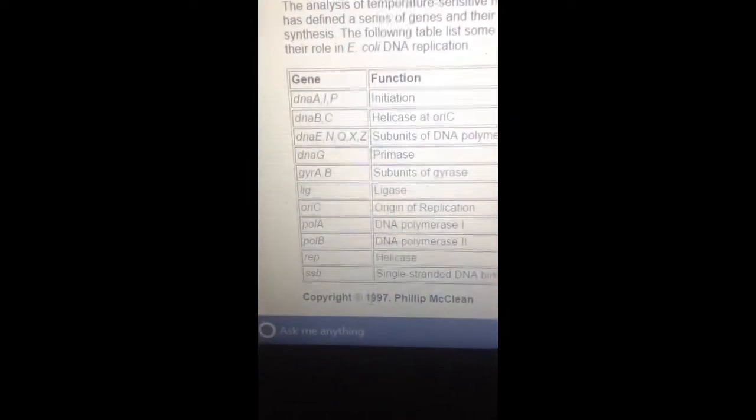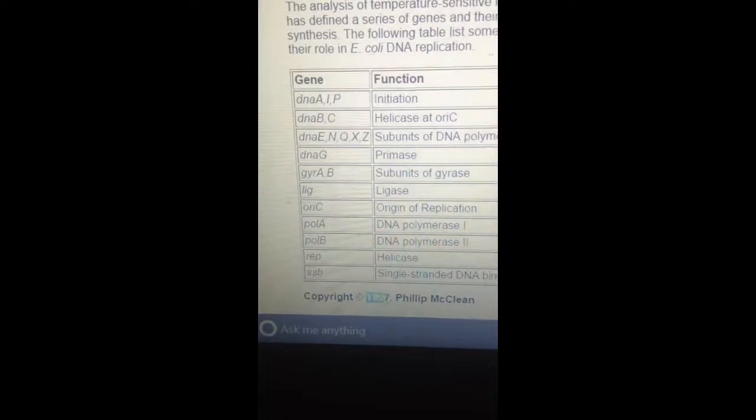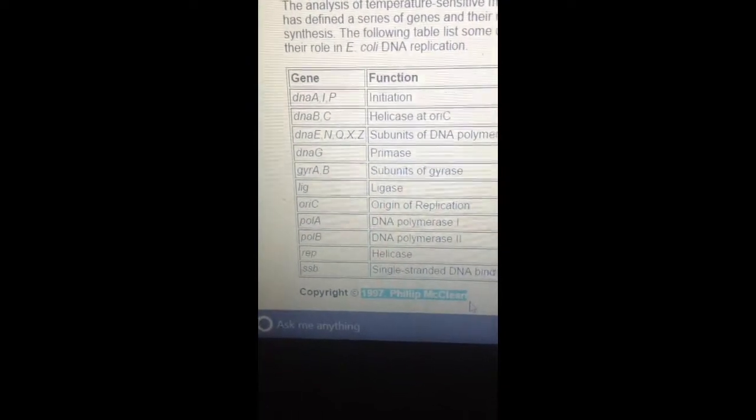As you'll see down here at the bottom, the person who uploaded this was Philip McLean, and he did so in 1997. So, what is this article? Is it scientific? It is, and I'm going to go through why it is. First off, one thing to notice up here at the top, it is a secure website through North Dakota State University. So, it's sponsored by an educational facility,